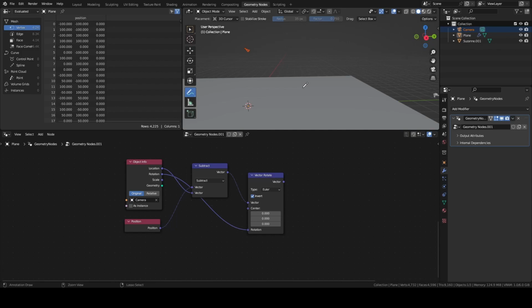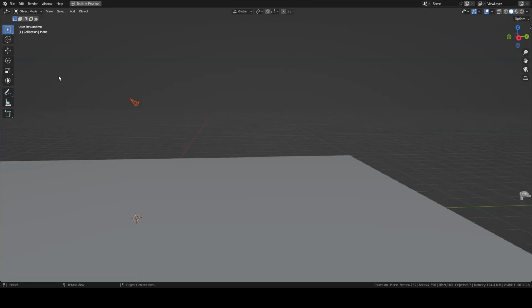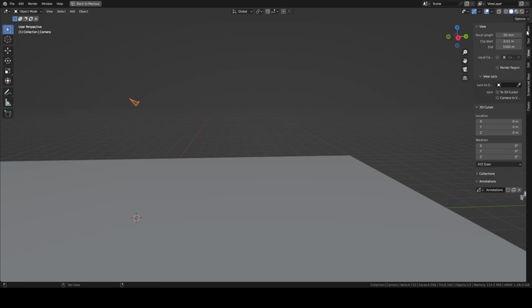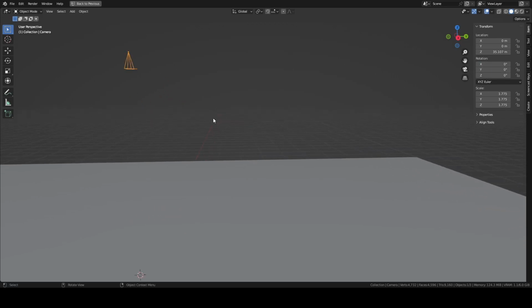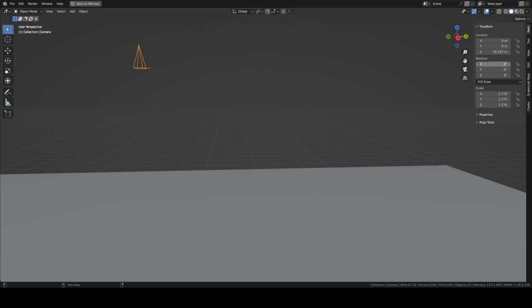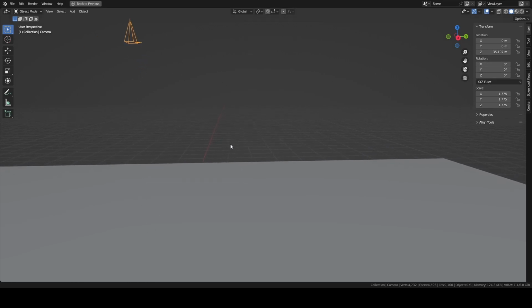Well, basically, if you check the camera rotation and you reset it, if you put the camera rotation to 0, what's happening? As you can see, when the rotation is 0 in all the axes, the camera is facing downwards.